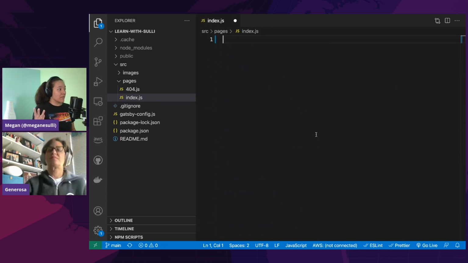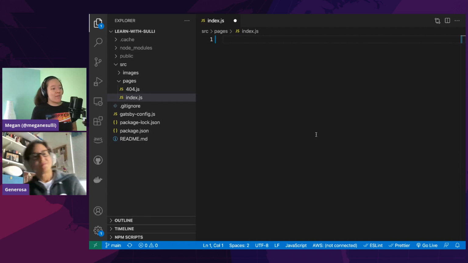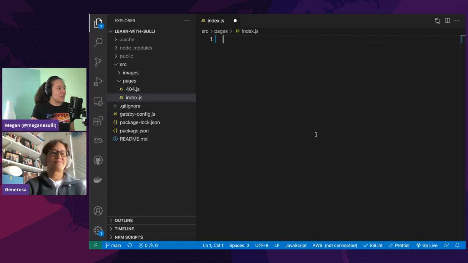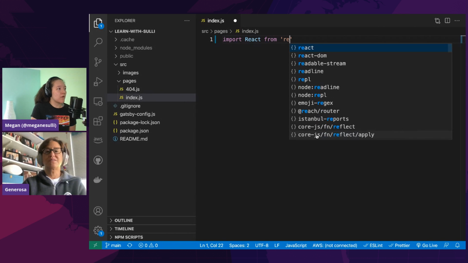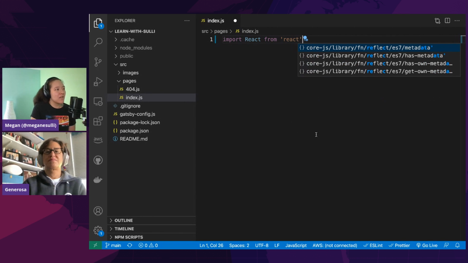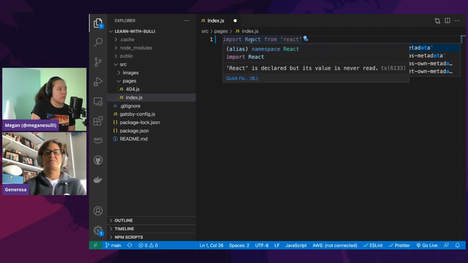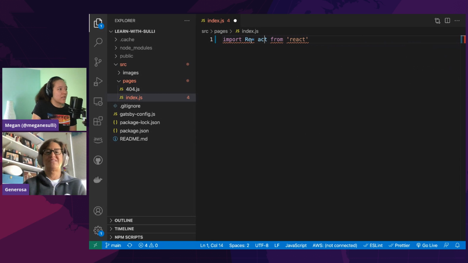So there are 3 steps for creating a React component, and this is a process that we use many, many times. So tune in. The first step is you're going to import React from React. Actually, the import statements are different now with the newer version of React, so this is going to be import star as React from React.